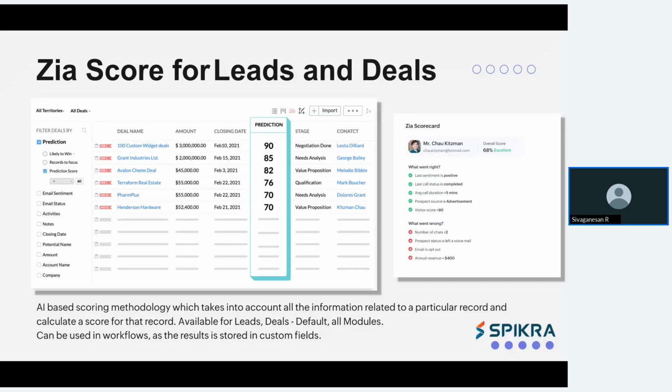As you can see on the screen, I can take the deal data as an example. Starting from the creation of the leads and their conversion, based on lead behavior, Zia can store the created time, as well as the stage history when we convert a particular lead into a deal. Zia can analyze and store that memory, and based on that, Zia can provide a scoring tool for leads and deals.